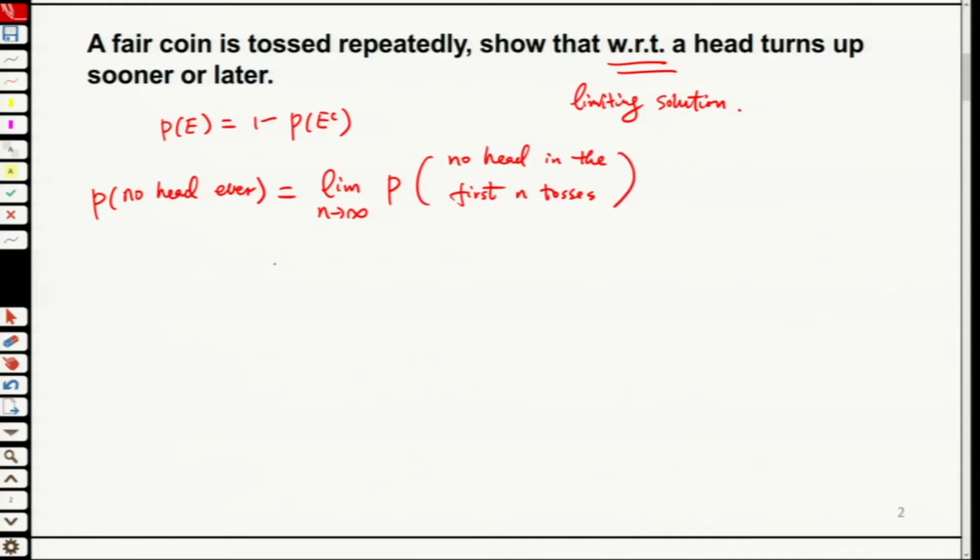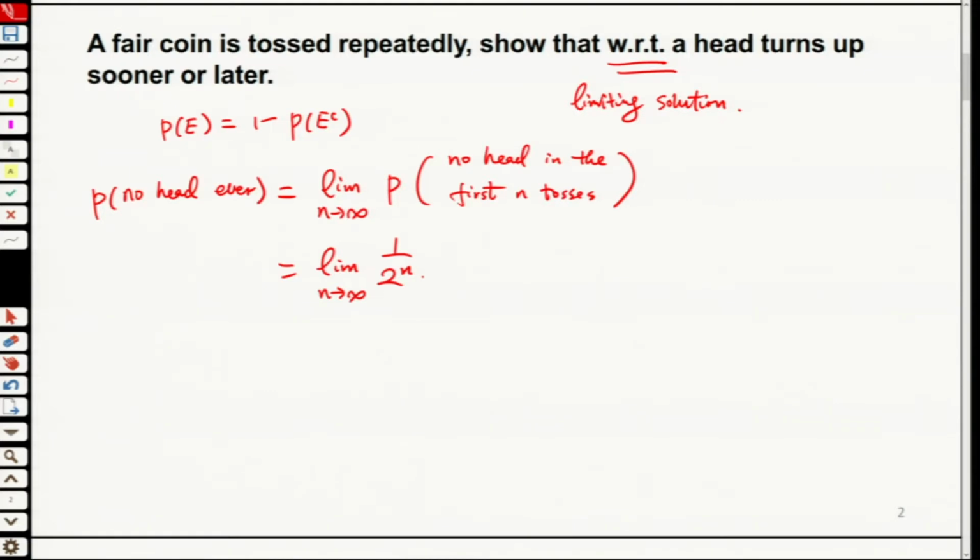What is this probability? This will equal the limit as n goes to infinity of 1 over 2^n, because in the first n tosses, each one is one half. You have to multiply all of them together, and this is 2 to the power n. Now as n goes to infinity, 1 over 2 to the power n, you have a very big number, 2^n,